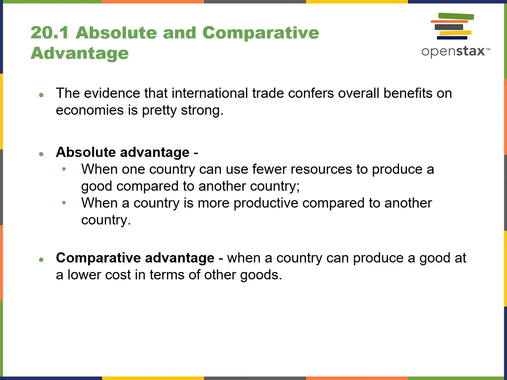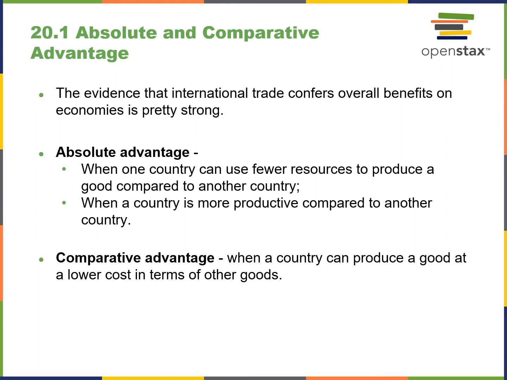Okay, a couple definitions, probably on the test. Absolute advantage is when one country can use fewer resources to produce a good than another country, when a country is more productive as compared to another country. So just simply, what we call, financial and productive muscle. Comparative advantage is when a country can produce a good at a lower cost in terms